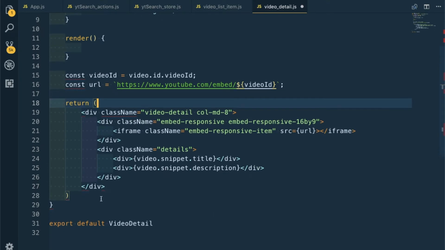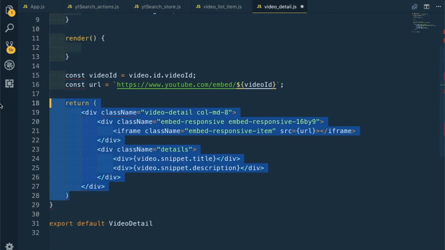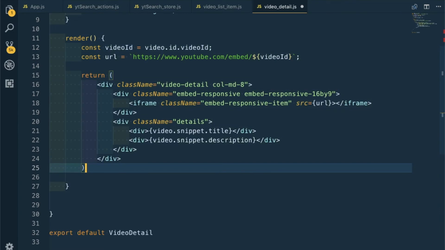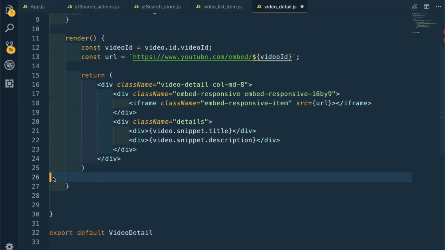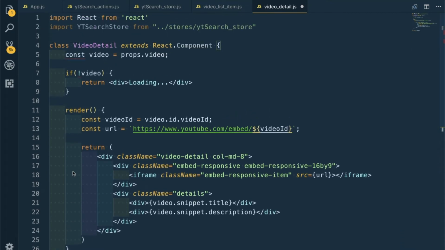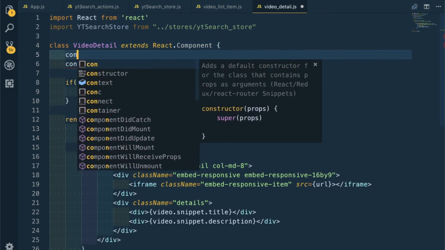And let me put all this return and this thing inside this render. So now we have no errors, and after that, as with all class based components, we will have a constructor